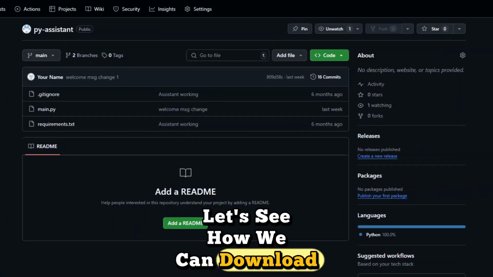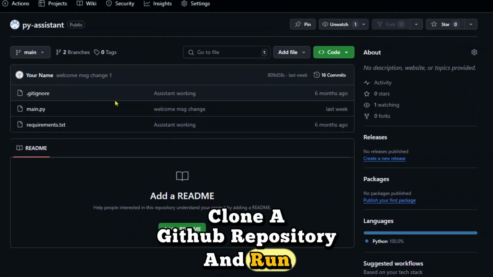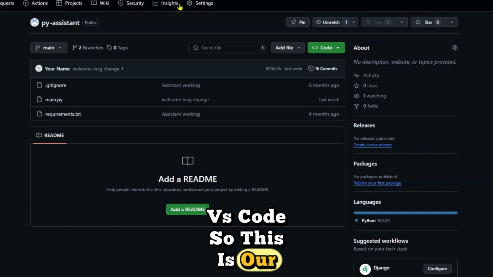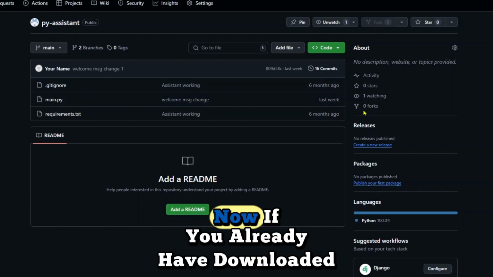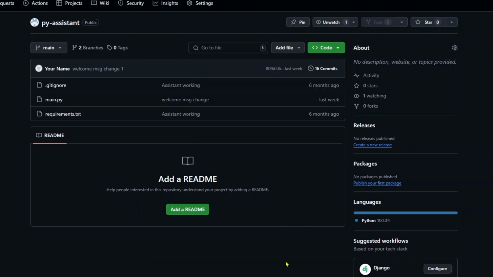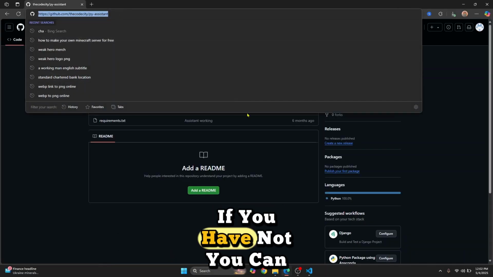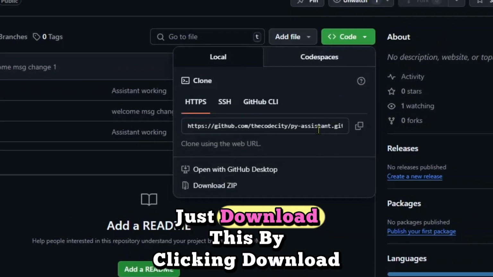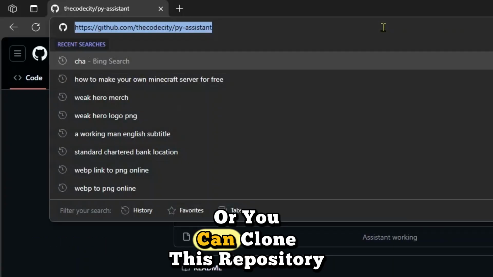Let's see how we can download or clone a GitHub repository and run it using VS Code. So this is our Python project that we will download and run. Now, if you already have downloaded by clicking here and clicking download zip, you can skip this step. If you have not, you can just download this by clicking download zip, or you can clone this repository by